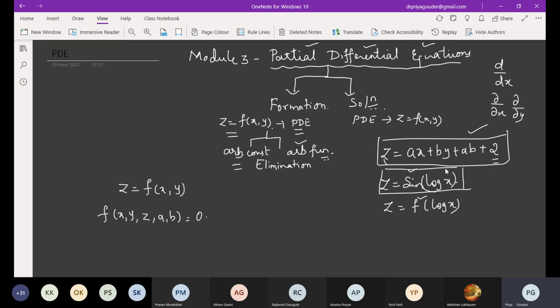Okay, just see. I write y is equal to CF plus PI. You know CF and PI, suppose we have got it. And then I'll write dy by dx plus py is equal to some q. Tell me, among this 1 and 2, which is a differential equation? Or are both differential equations, or both not? Please answer.